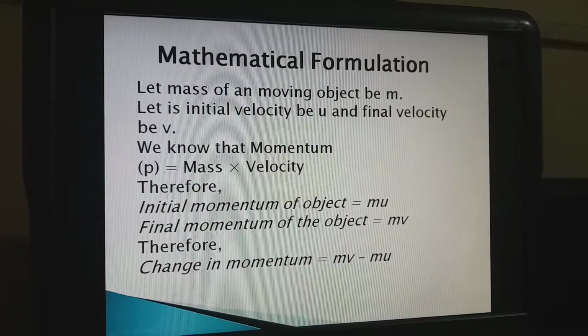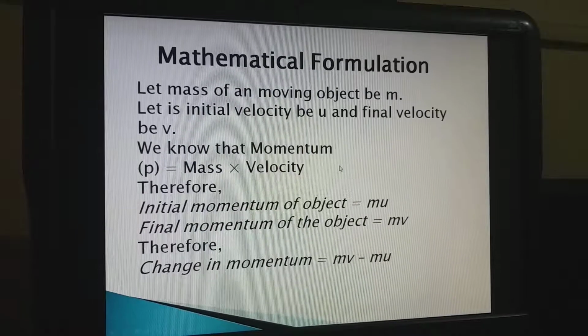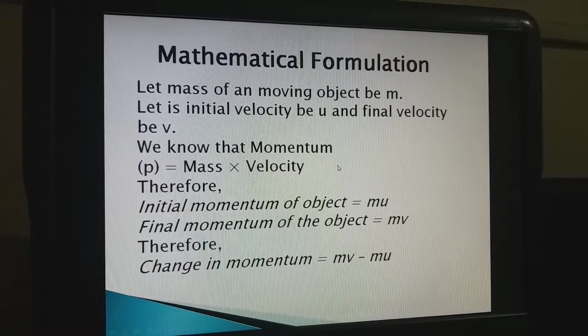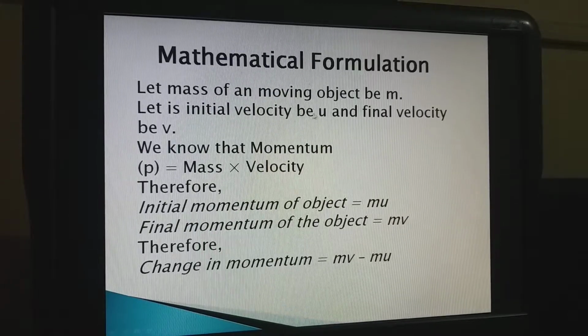Now, another part here. Let us see the mass of a moving object. What will be the mass of a moving object? It will be m, initial velocity u, final velocity v. You know that in acceleration you have learnt v minus u upon t. That is acceleration, change in velocity with respect to time. Same notations I am going to use over here, that is u and v.